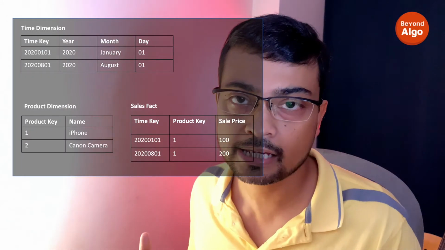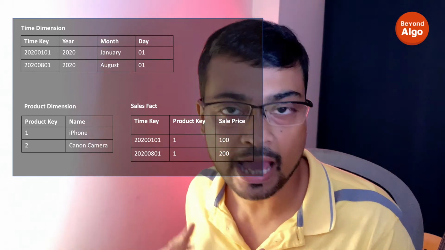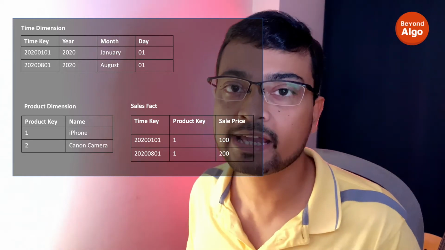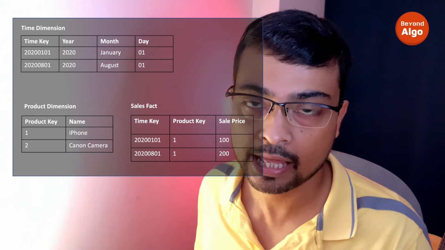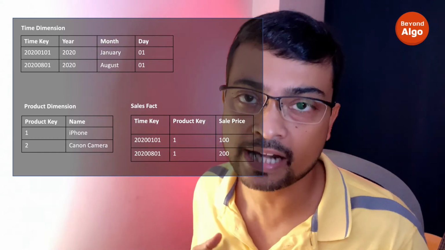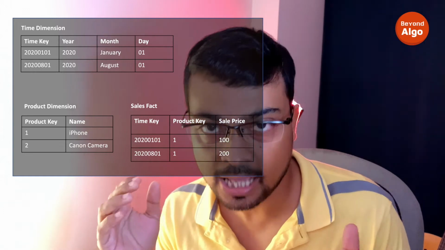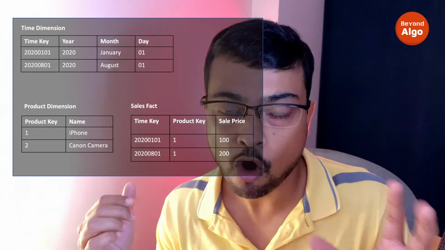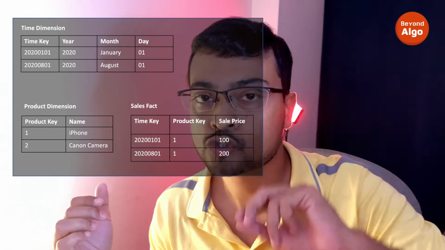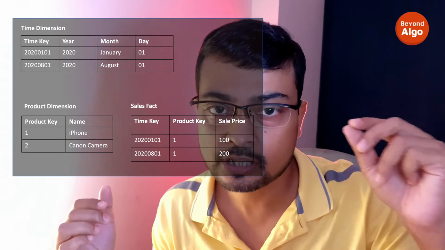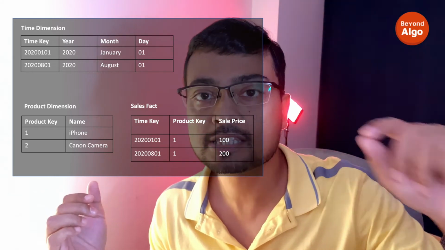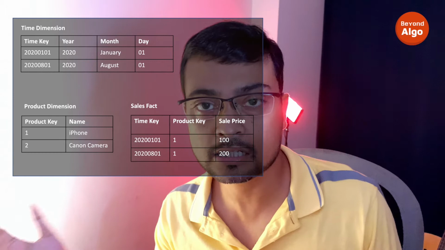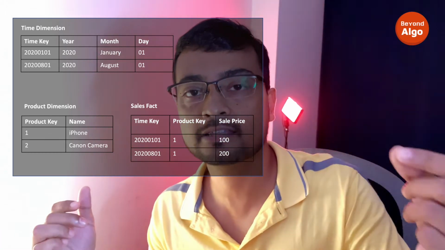As you can see on the screen, I have tried to create a data model using the dimensional modeling technique, where I have captured the change of price from one date to another date for a particular product. In order to do that, I have created two different dimension tables. The first dimension table on the upper left corner is a time dimension table. The time dimension table has all the information about the time. So any date, for example 1st January 2020, will be represented by one single record in that time dimension table. Similarly, the other date, let's say 1st August 2020, will be represented by another record on that table.